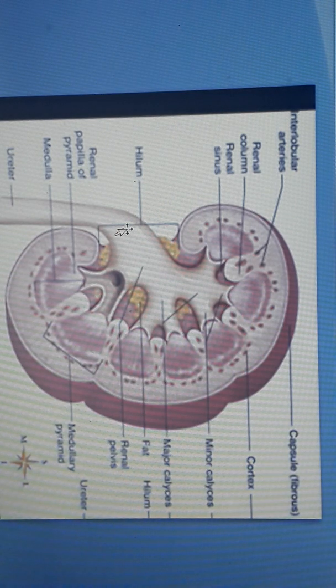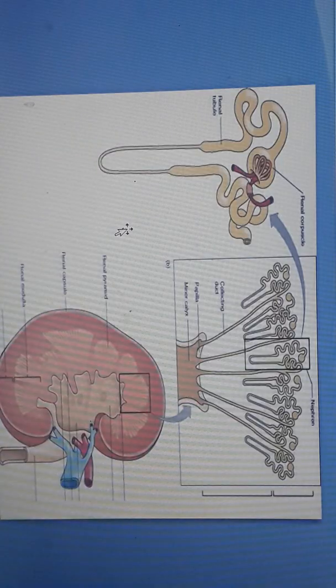Kidneys are the main excretory organ, and the main function of kidney is to excrete nitrogenous waste, that is urea and uric acid. It filters blood and removes nitrogenous waste and extra water to form urine. The urine flows from the kidneys to the bladder through two thin tubes called ureter. The urine is then excreted out of the body through urethra.